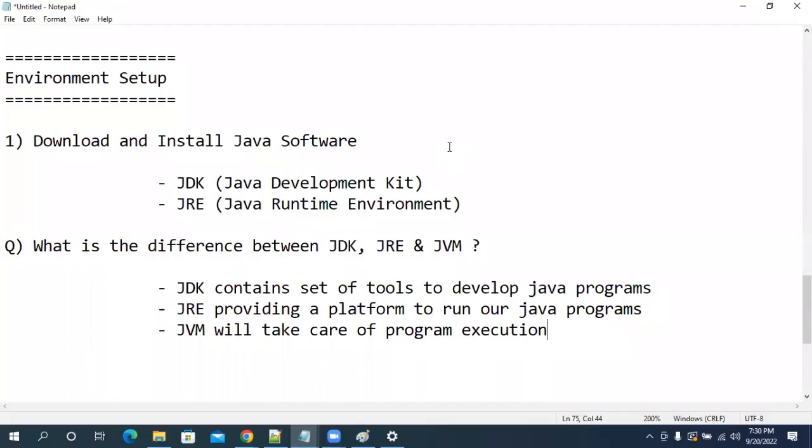Go to the front office table, take that drawer. There is a marker, bring that. If I give the instruction, if I tell you the path, you can get me the marker. Similarly, if I want to do anything with Java in my operating system, first I need to tell my operating system where Java is installed. Are you guys clear with my point?